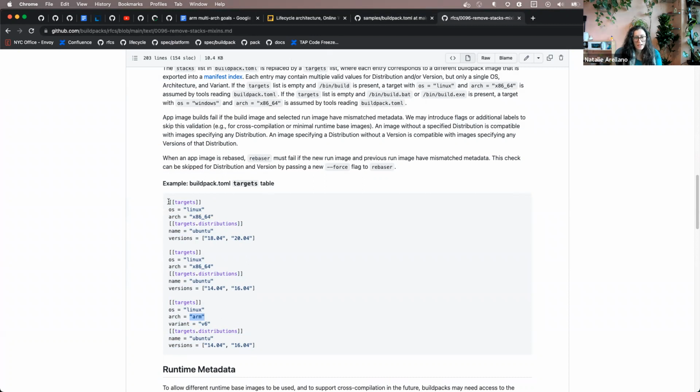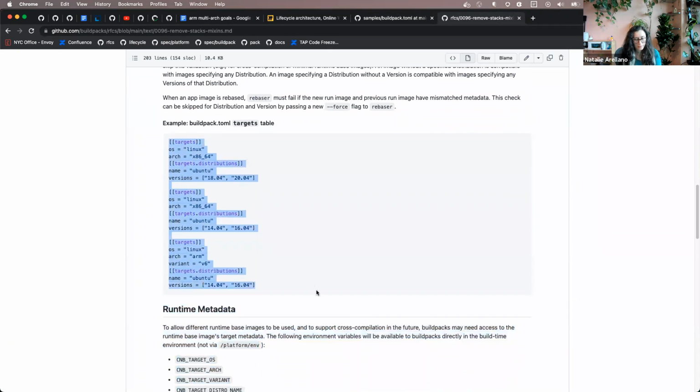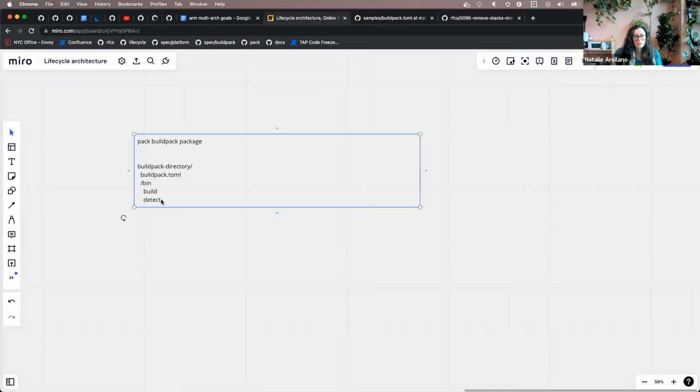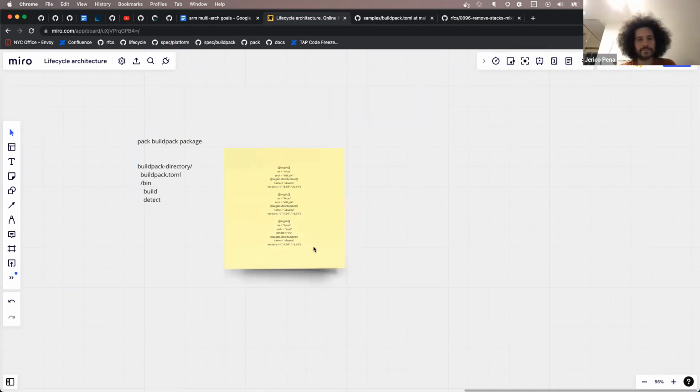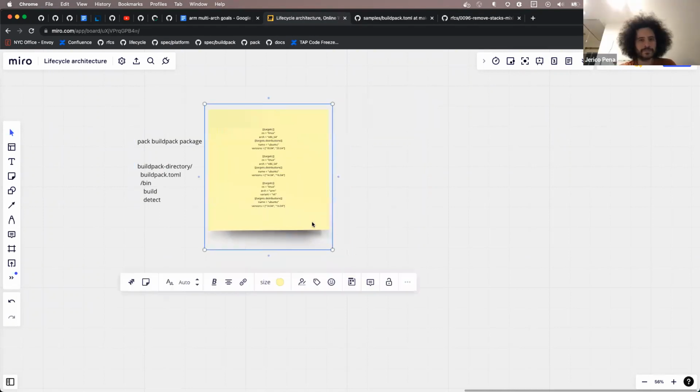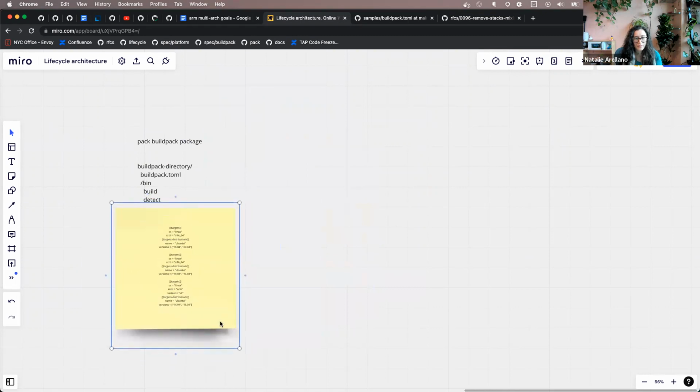So let's just grab that and I'll put it back in the other place on the Miro. Right, so we can imagine our buildpack TOML now contains this information. Does this all seem useful and relevant to talk about? I just don't want us to go down a rabbit hole. But anyway, so the idea is